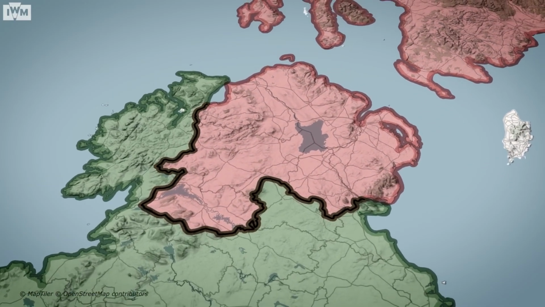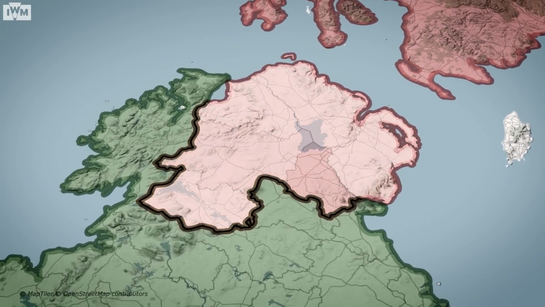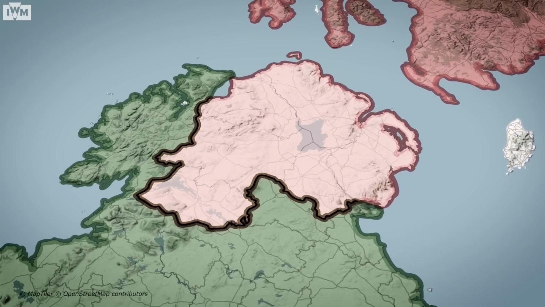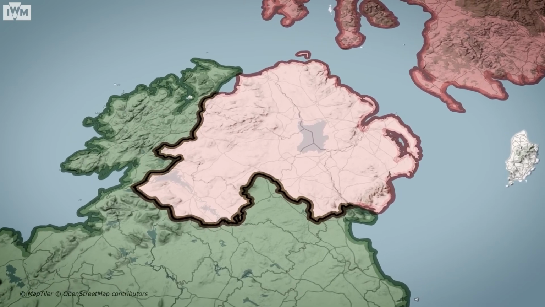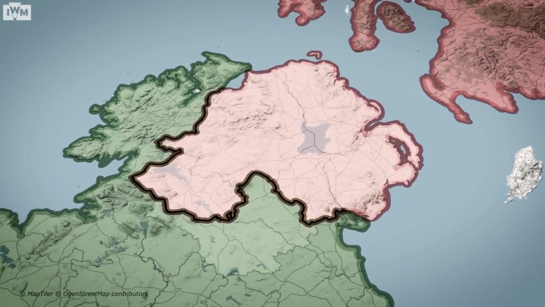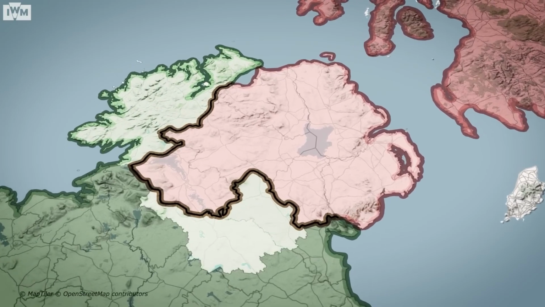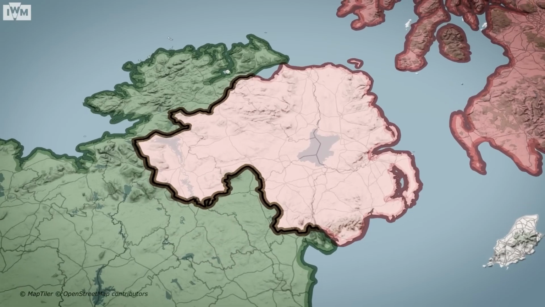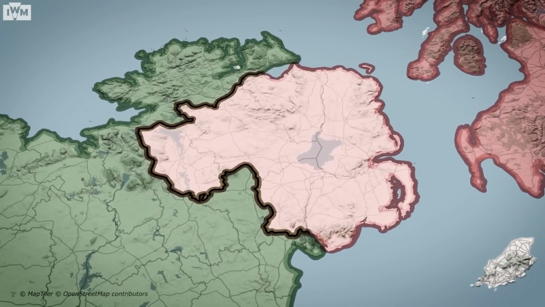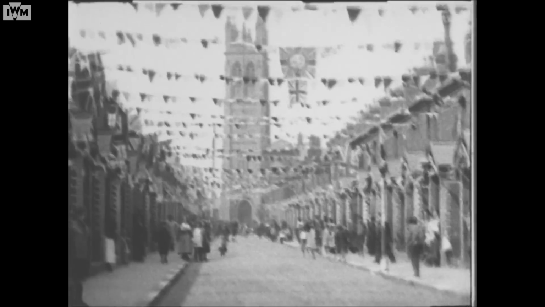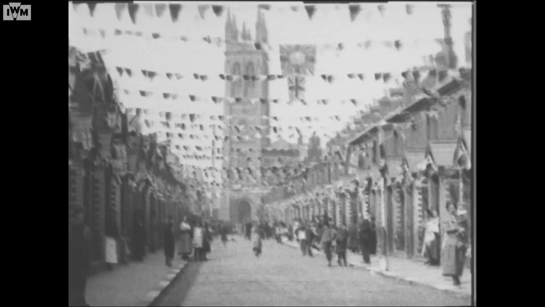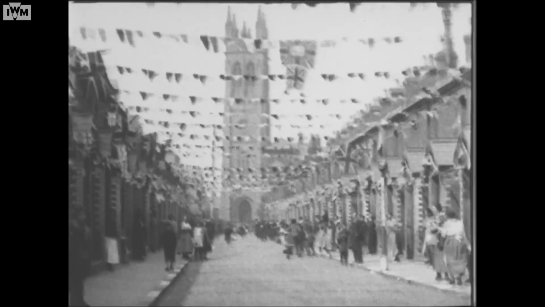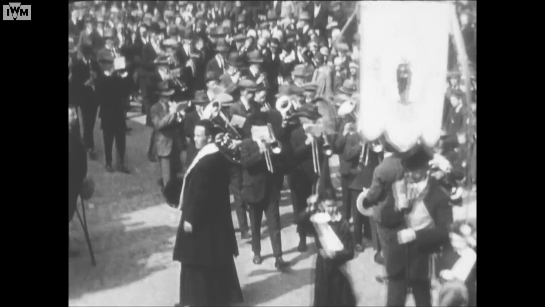The border had been drawn around 6 counties in Ulster. In some places, the border was drawn directly through the middle of towns and villages. Ulster contained 9 counties. The 3 that had been excluded were Donegal, Monaghan and Cavan. This was devised by Unionists so as to ensure a Protestant majority in the new state. But although the 6 regions had a Protestant majority politically, there was a substantial Catholic population across the region.